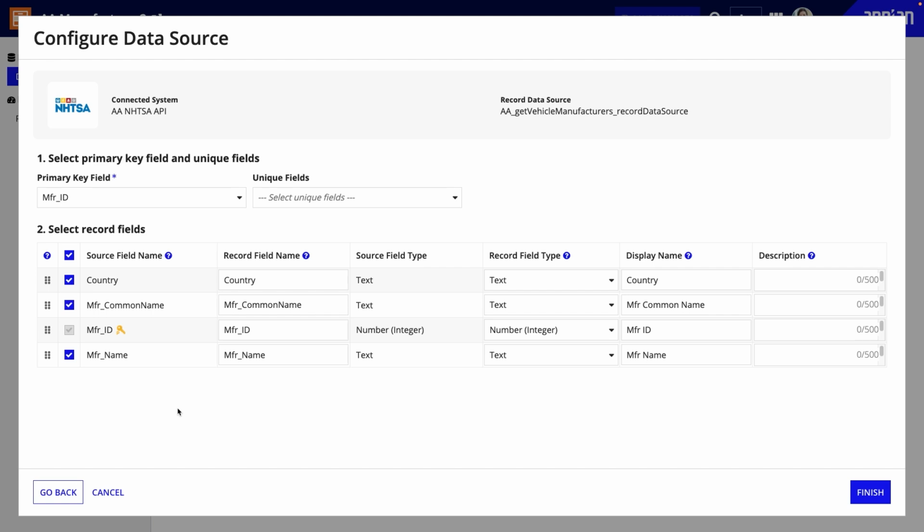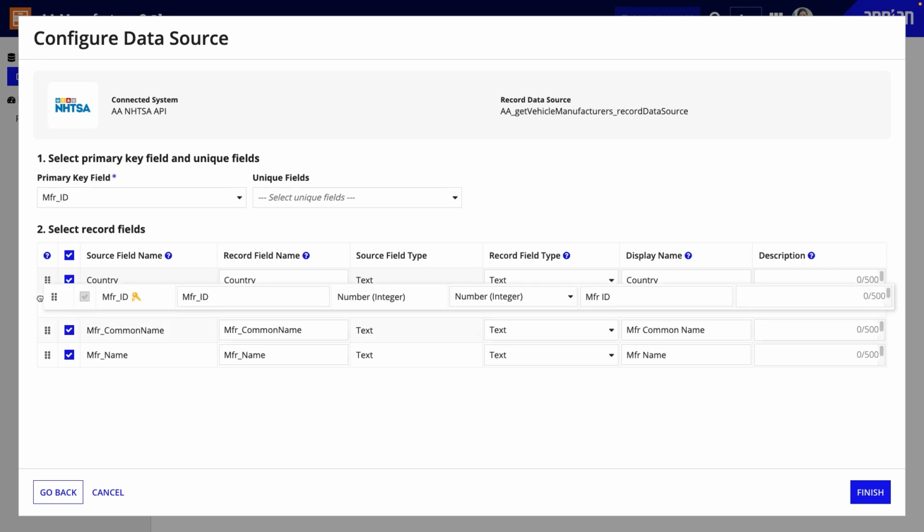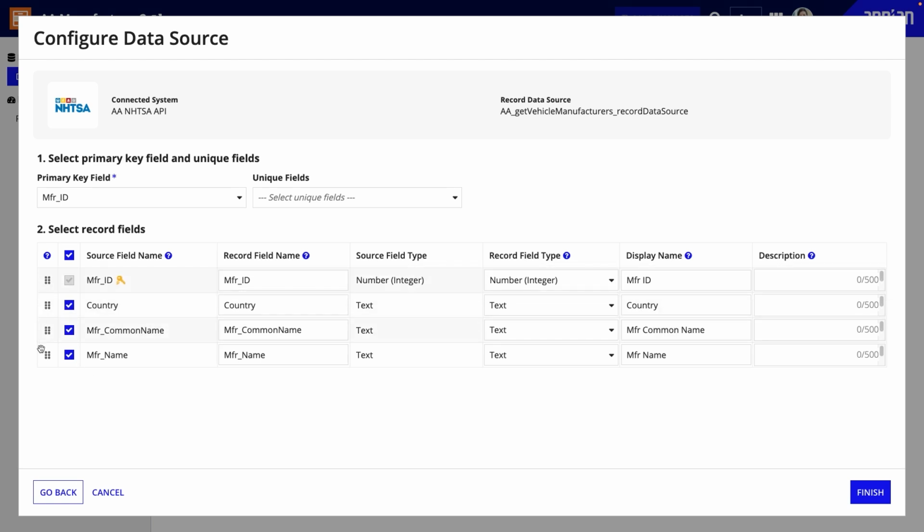Third, take a moment to review how the fields are organized and named. You should take the time to align it with the rest of your data model. So you might need to rearrange fields to put them in a more logical order, such as by moving the primary key field to the top. You should also follow consistent naming conventions for fields. So I will update the record field name column to use camel casing instead of underscores to align with the